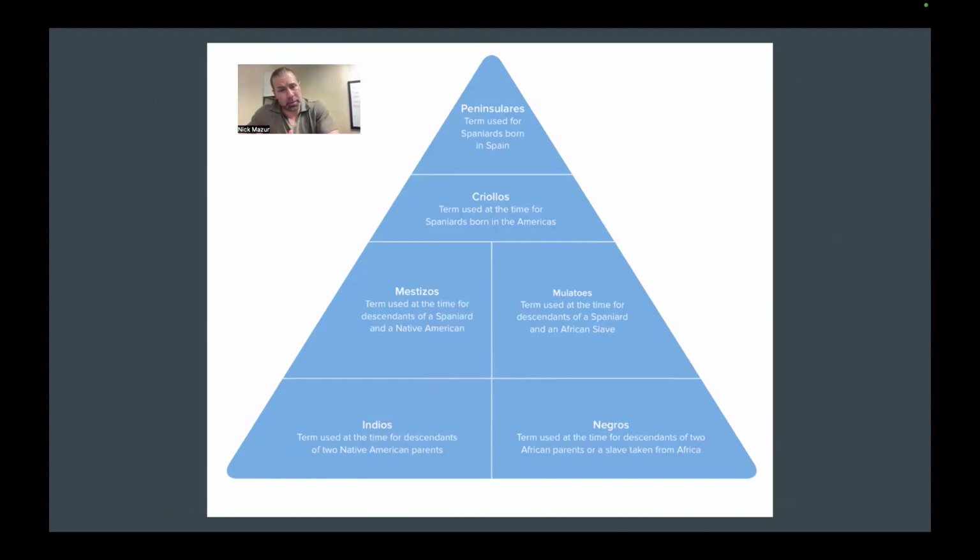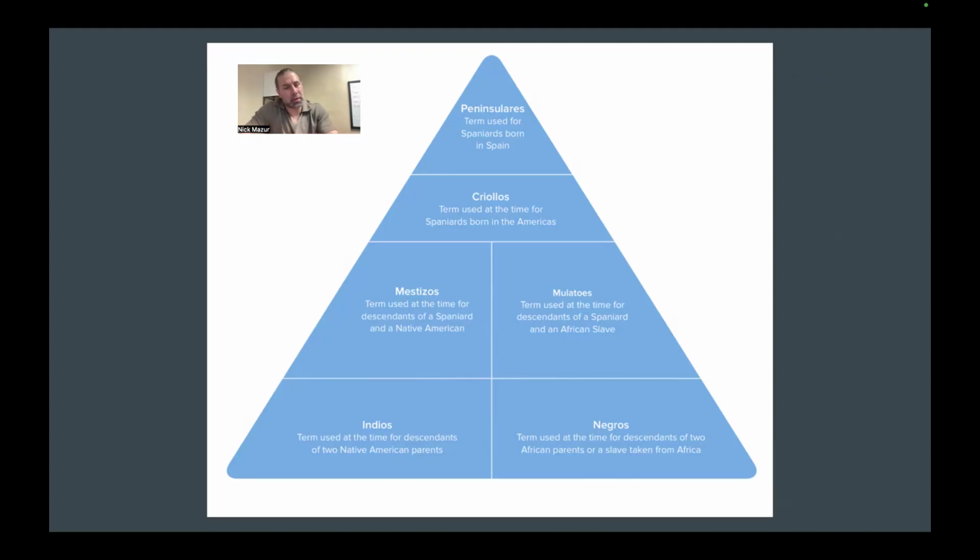So the Spanish come up with this system where basically you have people who are born in Spain at the top, right? You were people who were born in Spain, pure Spanish blood. You're what is known as a Peninsulares. Then you have the people below them. These are the individuals called the Criollos. Now, the Criollos are individuals who are Spanish blood, but they were born in the New World. So these are considered colonials, right?